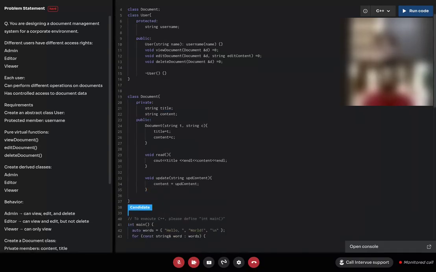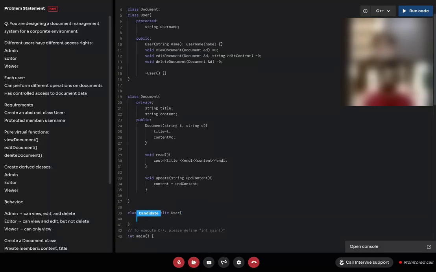Here you have implemented the User and Document classes, but the important part of the question is remaining, the admin. Yeah, I'm doing the derived classes right now. So for the derived classes, I'll do class Admin, public User, because I have a User.